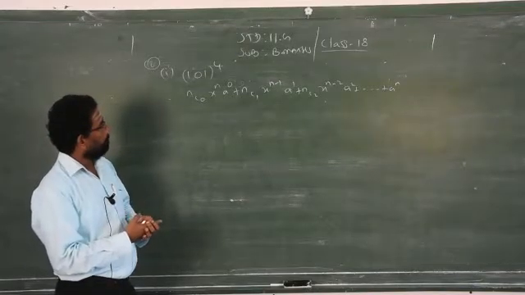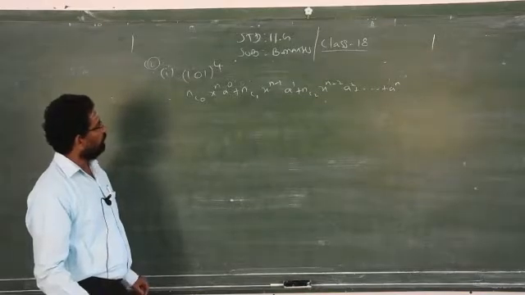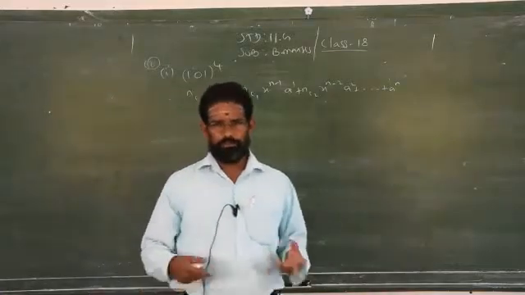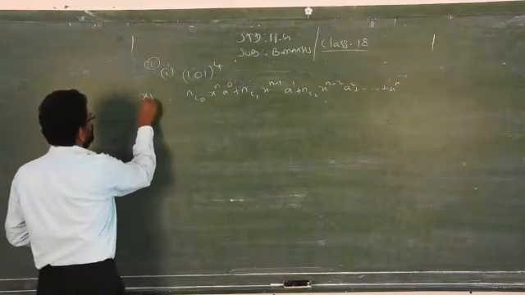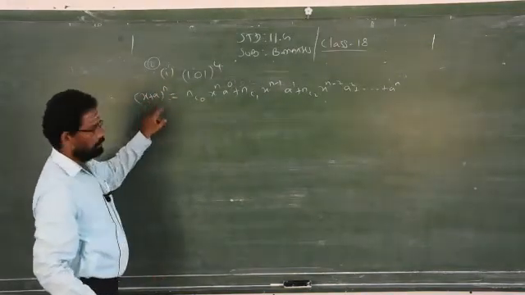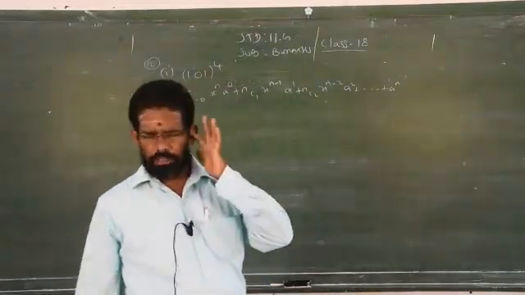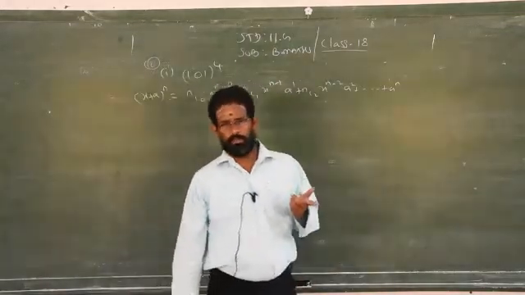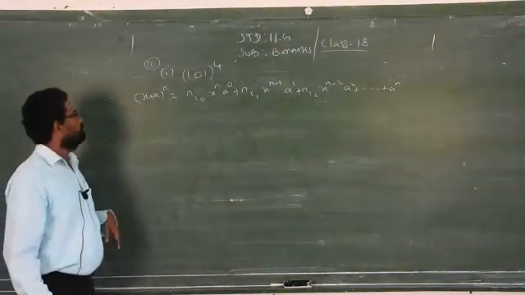Clear? Now you can apply this formula to evaluate 101 to the whole power 4. How, sir? It stands for two terms. It is for a binomial. Why is it called a binomial? Because we have only two terms. When an algebraic expression consists of two terms, that is called a binomial. If it is three, it is a trinomial, and one term is a monomial. This you know very well from the lower classes. That is what is called a binomial theorem.